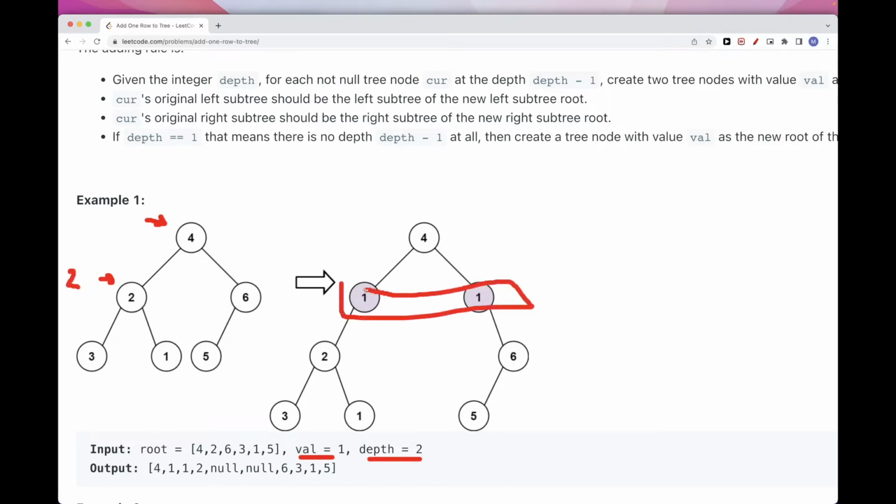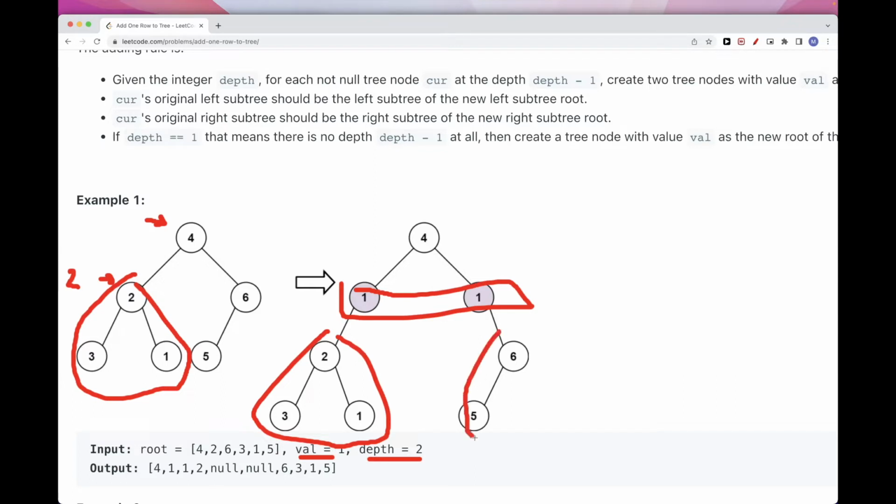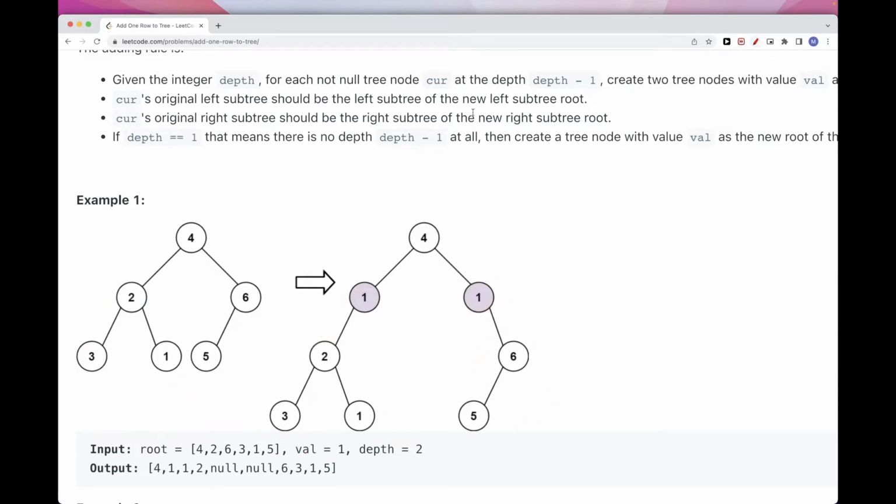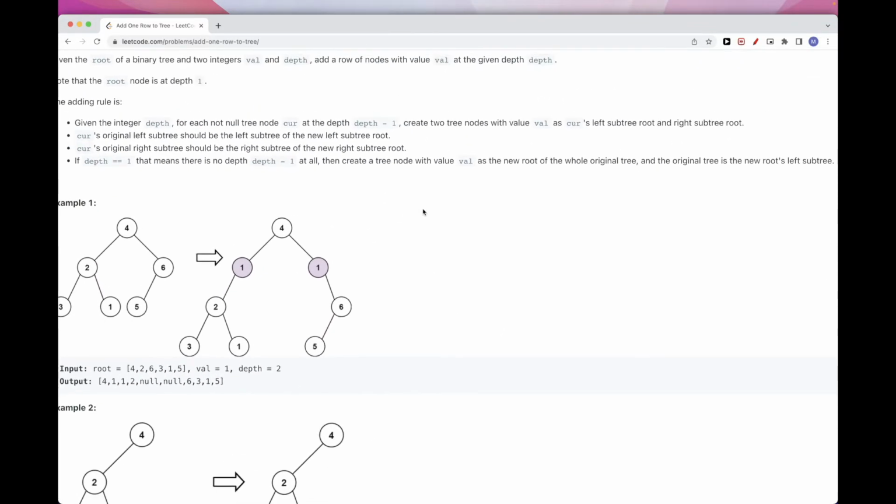And what do we do with these subtrees? Well, the left one, we add it as the left child of the leftmost new node. And the right one, we add it as the right child of the right new node. Okay? Where did these rows come from? It's from this description here. So if we take a look at this,